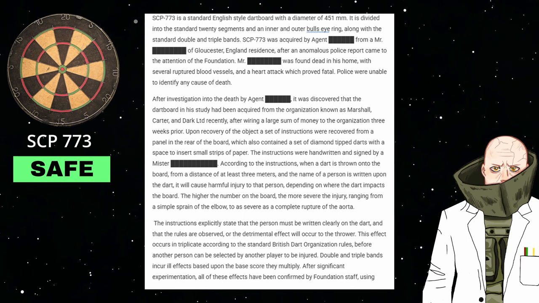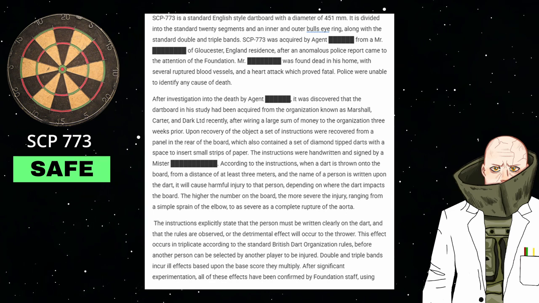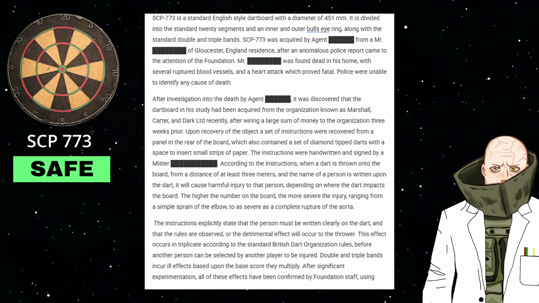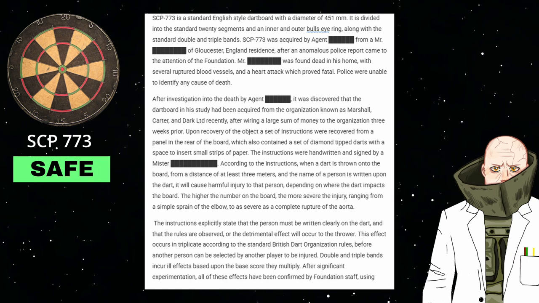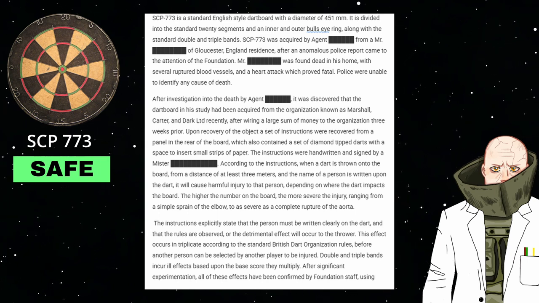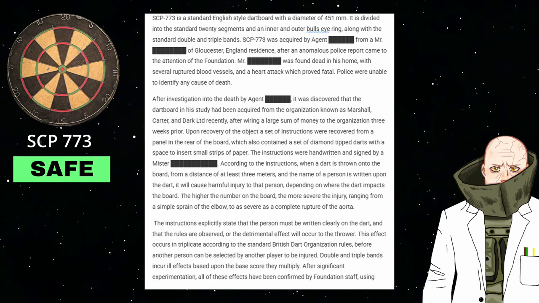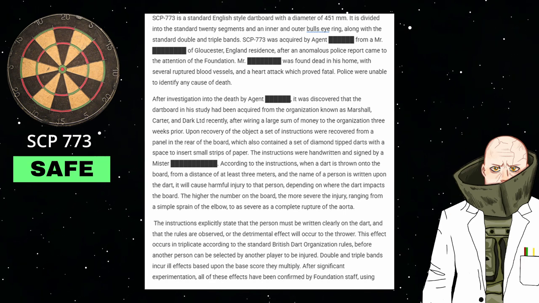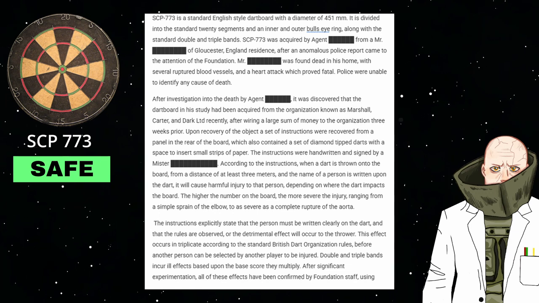Mr. Redacted was found dead in his home, with several ruptured blood vessels and a heart attack which proved fatal. Police were unable to identify any cause of death. After investigation into the death by Agent Redacted, it was discovered that the dartboard in his study had been acquired from the organisation known as Marshall, Carter and Dark Limited recently, after wiring a large sum of money to the